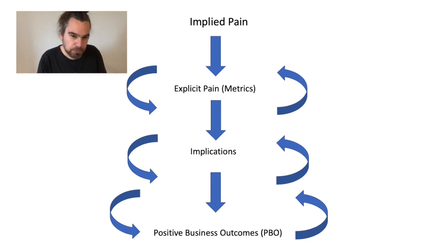Because implications are pointing towards an event that could happen, it often gives us what we call a compelling event. This is the reason to act now. This is your reason to do anything. So it might be that we've got to hit our target of 20% growth by the end of 2020.